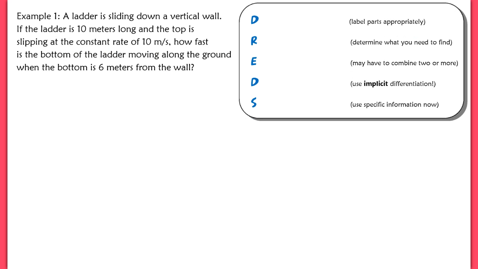All right, so let's work on our first related rates word problem. This is the falling ladder problem, okay? So it says a ladder is sliding down a vertical wall. If the ladder is 10 meters long and the top is slipping at the constant rate of 10 meters per second, how fast is the bottom of the ladder moving along the ground when the bottom is 6 meters from